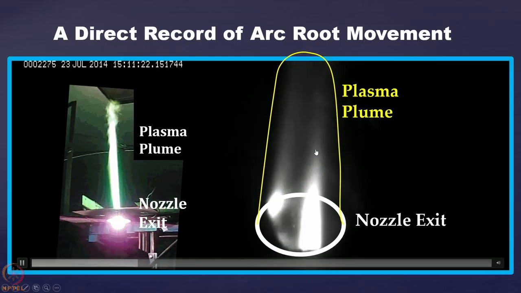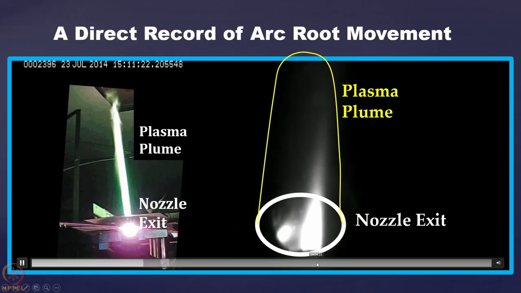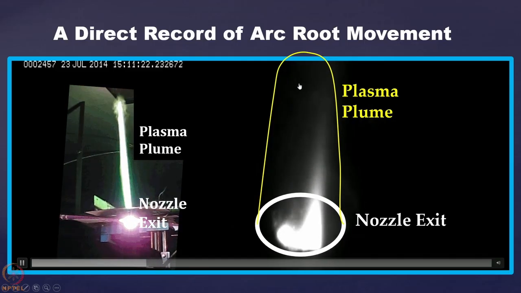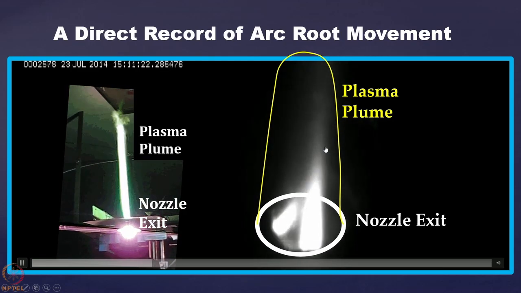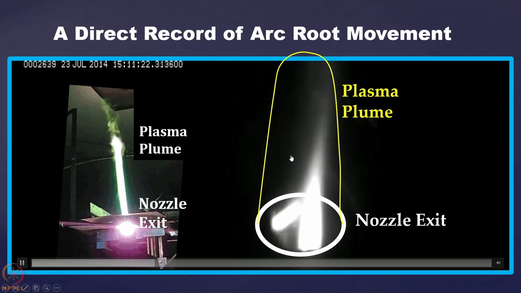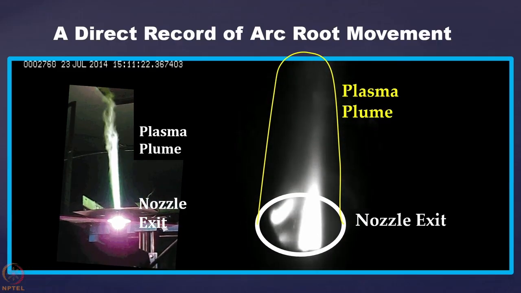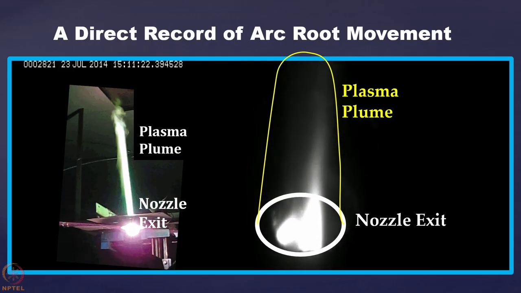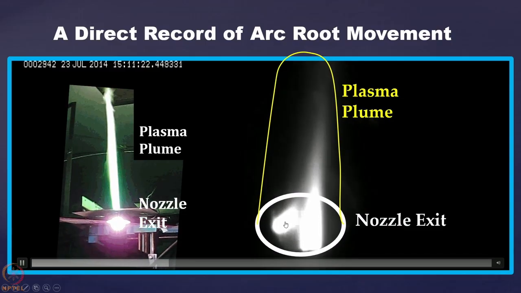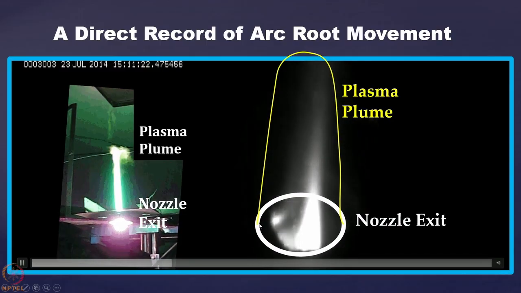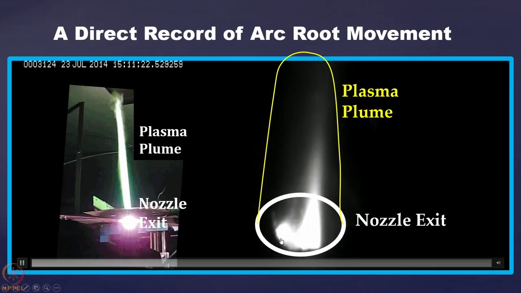And you know that when the jet structure is perfectly U-shaped, then you get a perfect obstruction over here. Otherwise you get a slanty obstruction, and the kind of fang-type jet that you saw in the first camera photograph in previous lectures was because of that. The kind of movement of this arc root, the current where it meets over the anode, through which it enters, that is actually the arc root.